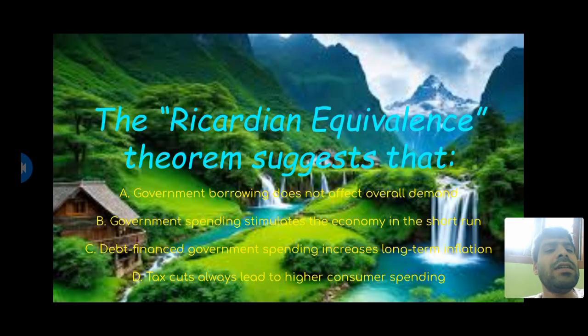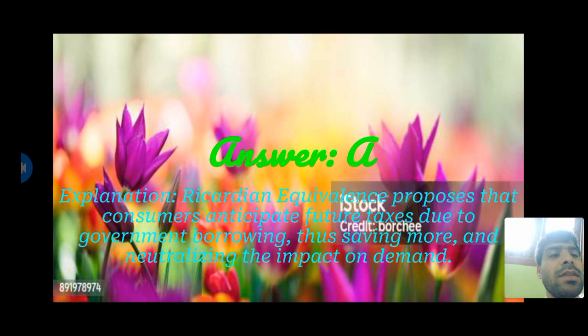And the next question is, the Ricardian equivalence theorem suggests that: option A, government borrowing does not affect overall demand. Option B, government spending stimulates the economy in the short run. Option C, debt-financed government spending increases long-term inflation. And option D, tax cuts always lead to higher consumer spending. And the correct answer is option A. Ricardian equivalence proposes that consumers anticipate future taxes due to government borrowing, thus saving more and neutralizing the